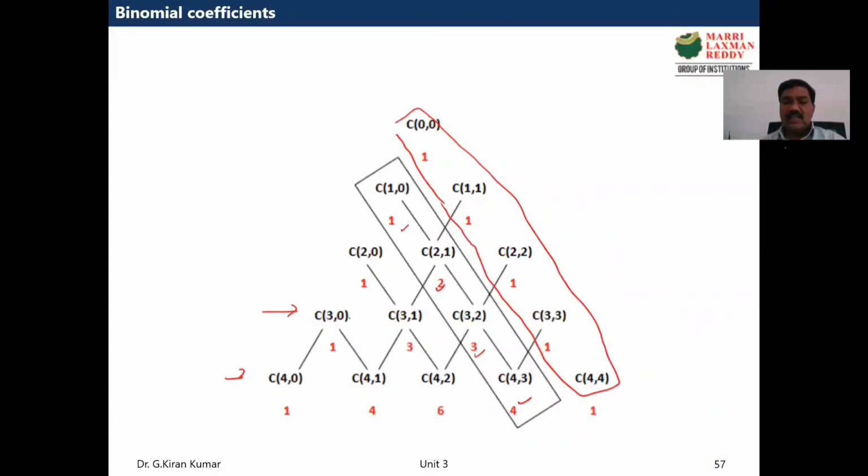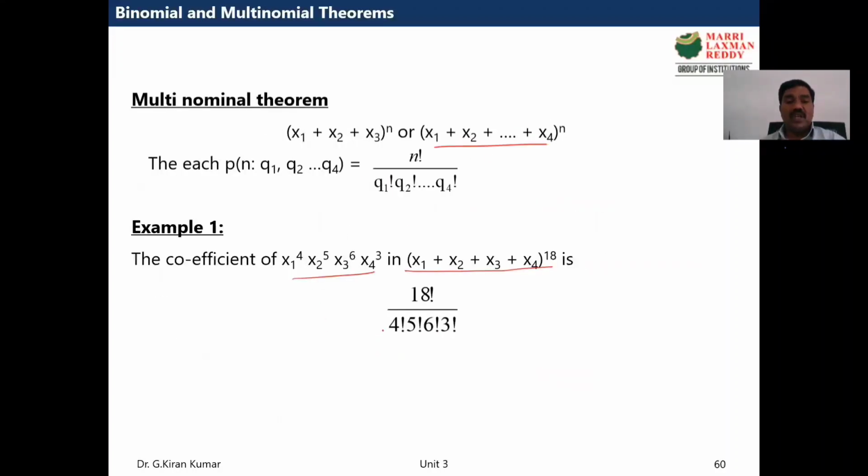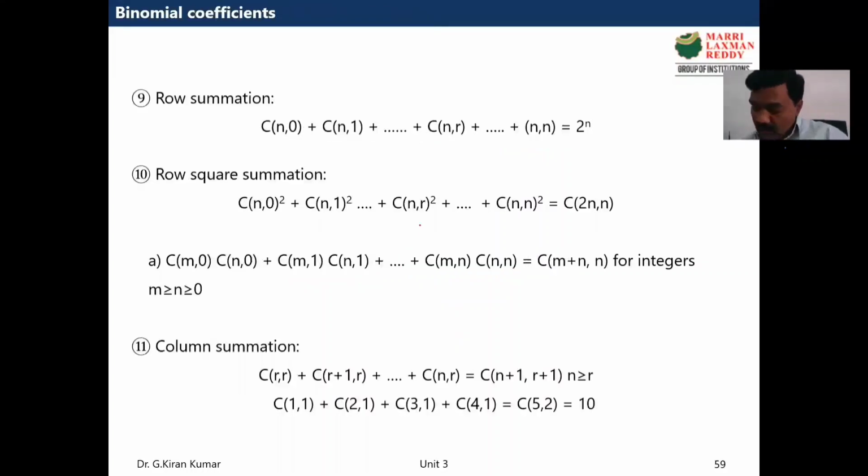What is n in this case? n is 3, and the formula gives 2 power 3, which is 8. If you add these values, 1 plus 3 plus 3 plus 1, it is 8. I just want to make you realize all these formulas work fine. Please go through all these formulas, which are applicable for